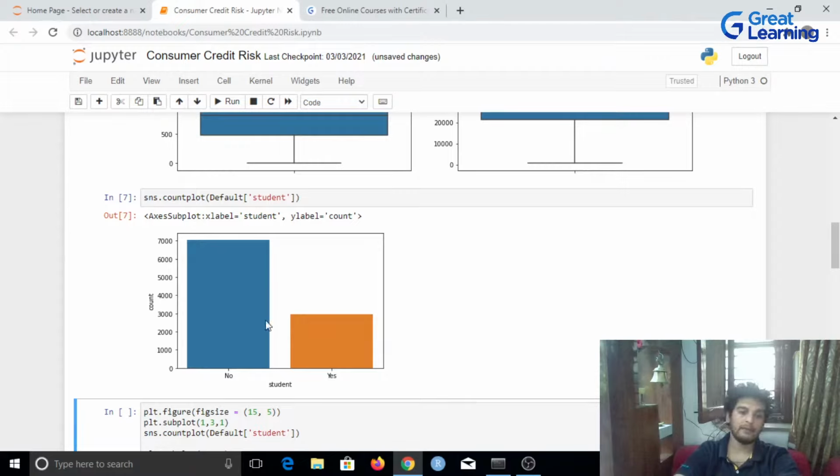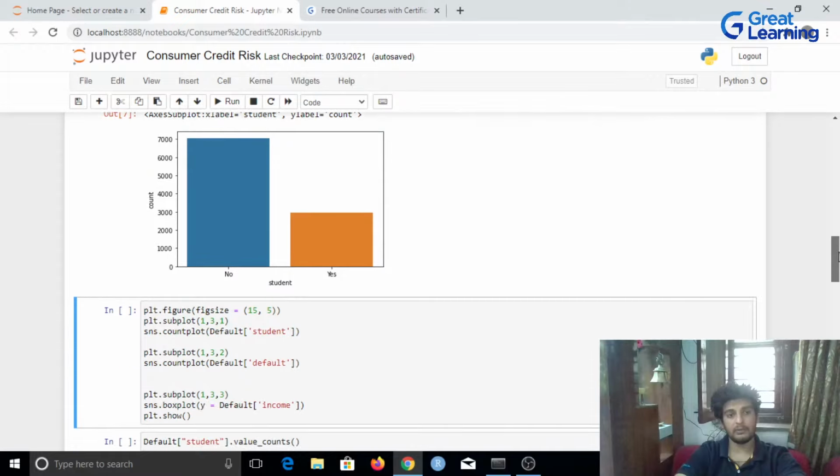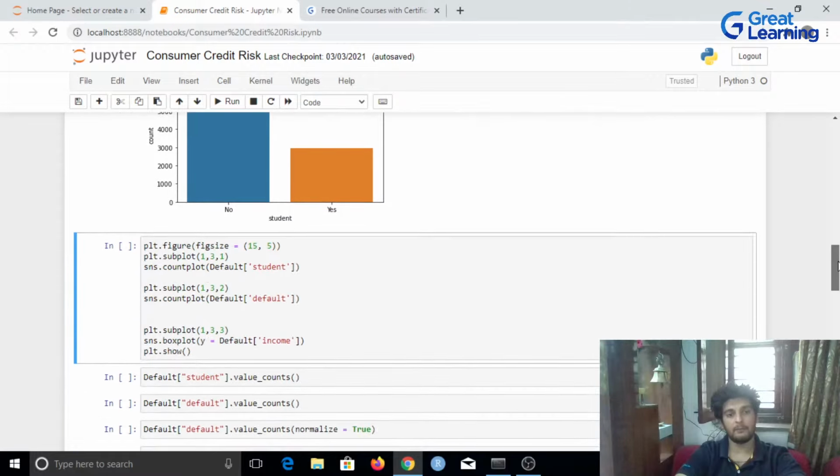Out of the 10,000 people who have taken up the loan, 7,000 of them are not students and 3,000 of them are students. So it would seem that most of the people who have taken up the loan are not students, because obviously if you have to take a loan, you have to pay it back, and as a student you don't really have an income mechanism. So this is something which only a non-student can do.